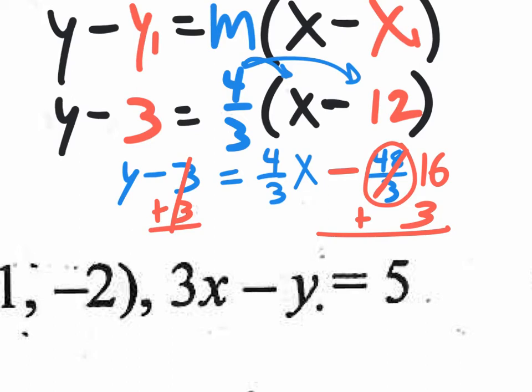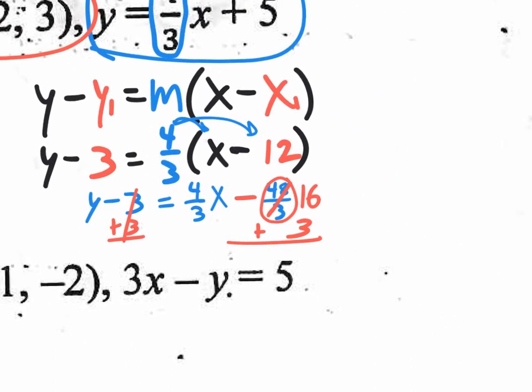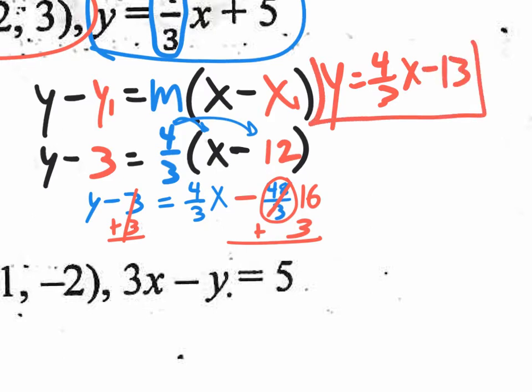So let me write that over here on the side. Y equals 4/3 x minus 13. If you check the answer on the back page, you'll see that that's correct. Now,